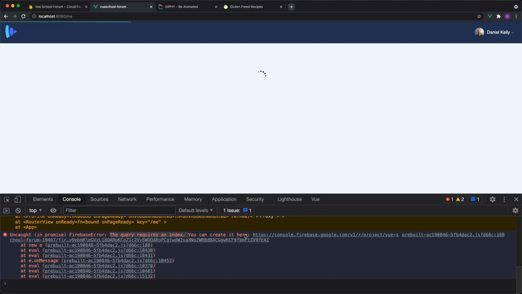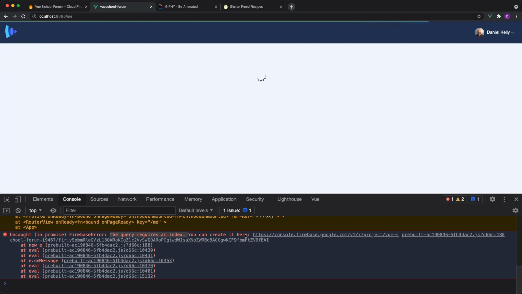If you're coming from working with a relational database like SQL, this error might just throw you for a loop. The issue here is that in order to boost performance, Firestore does not crawl through the entire database item by item to get the results of a query. Instead, it searches through indexes for all queries. Much like the index of a book, which maps topics in a book to page numbers, a database index maps the items in a database to their locations in the database.